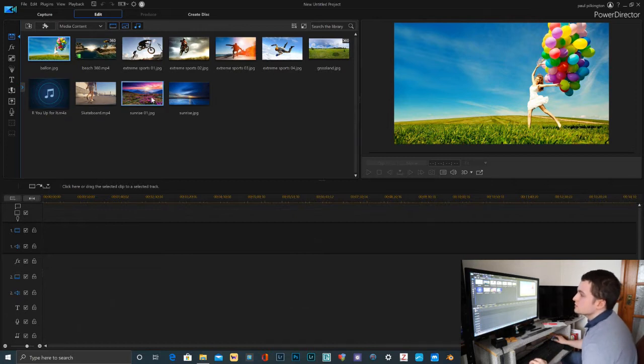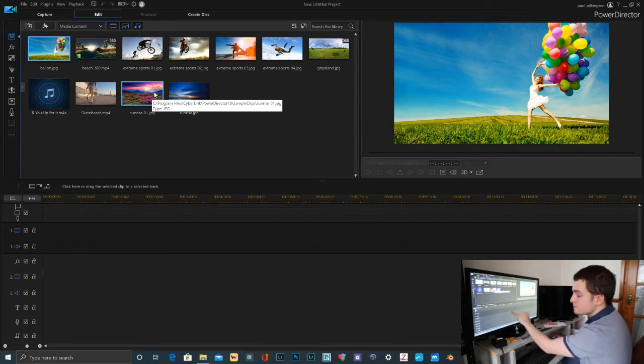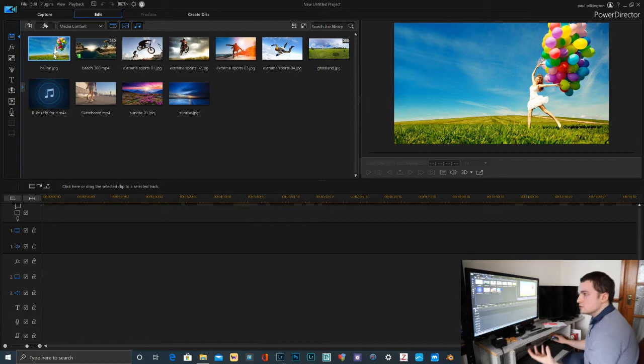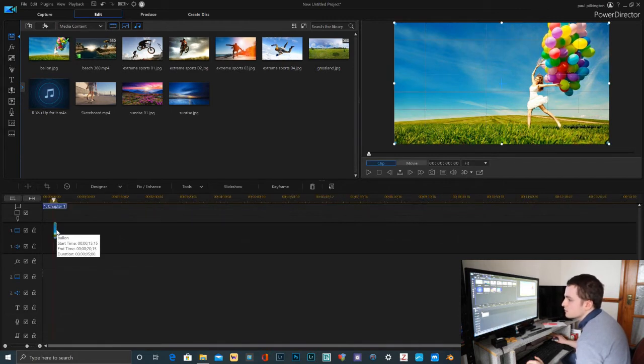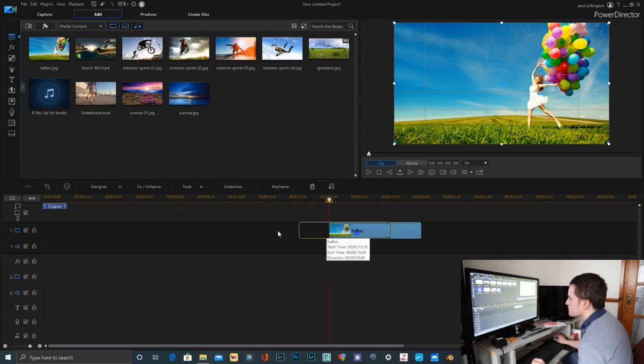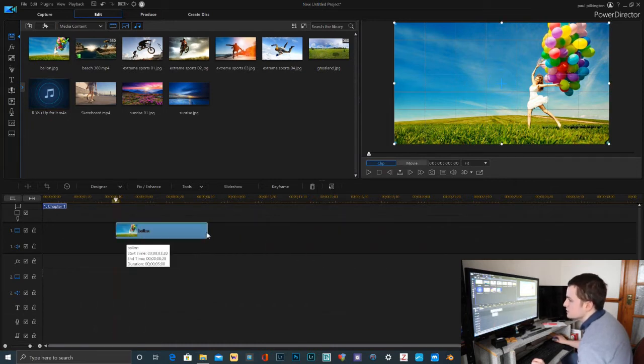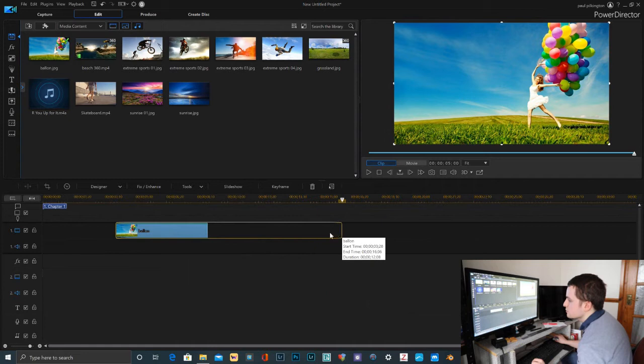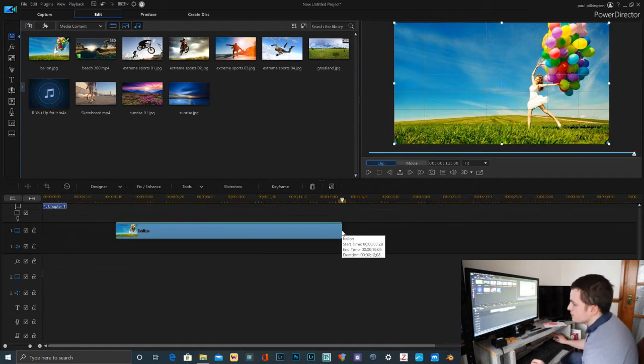So on this page here, the pro software already has some preset images and videos. So we're just going to use those for this simple example. So if I bring in a balloon, and such, and there we go, there's our image of the balloon. If we zoom in on this now, so there's our image. We can change the distance and time, so you can bring it out, you can bring it in,